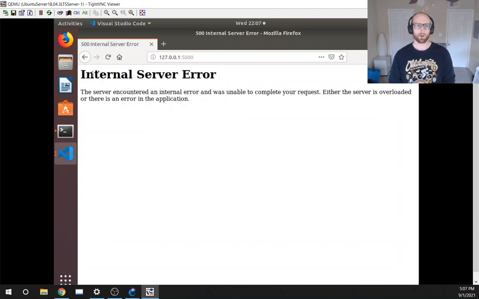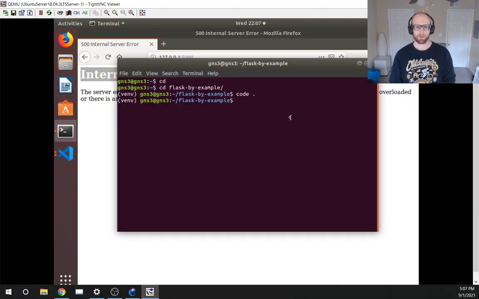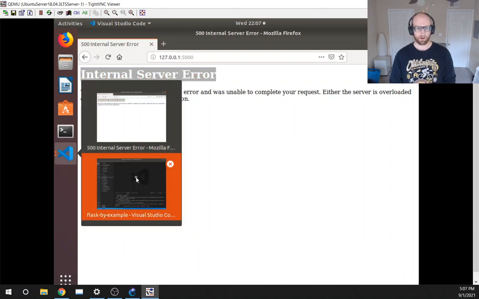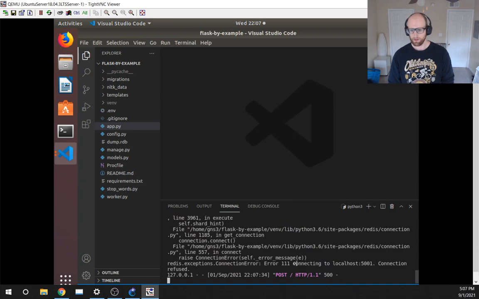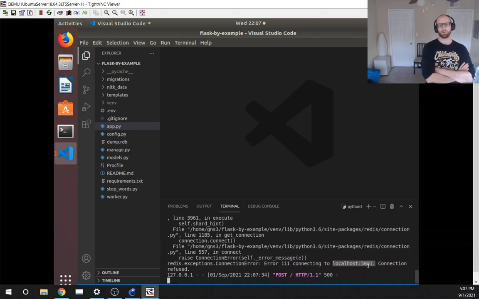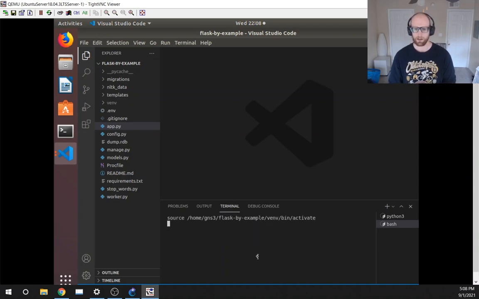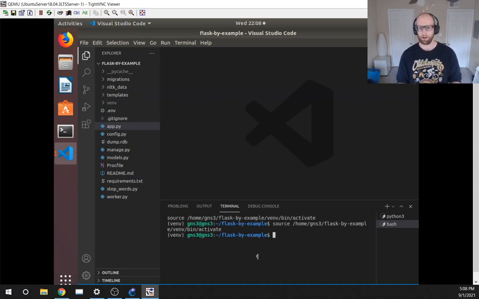And we see we've got an internal server error. So let's go to our output here. So we have an error connecting to localhost 5001, connection refused. So we can see one of the things I did to try to resolve this error, and let's resolve the error before moving on. So the error is just that I need another, kind of like how I have Flask running by doing flask run, I also need another service running, and it's called Redis